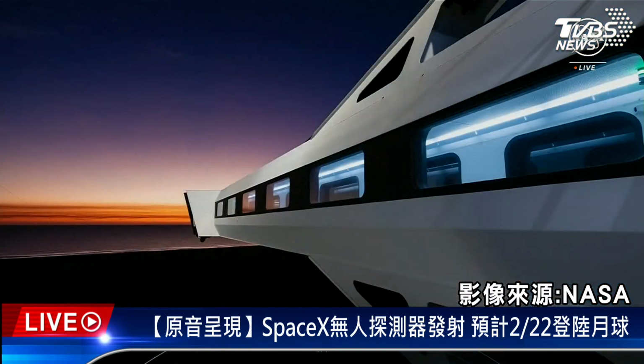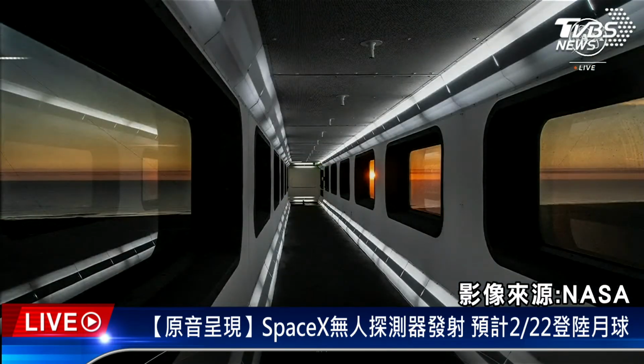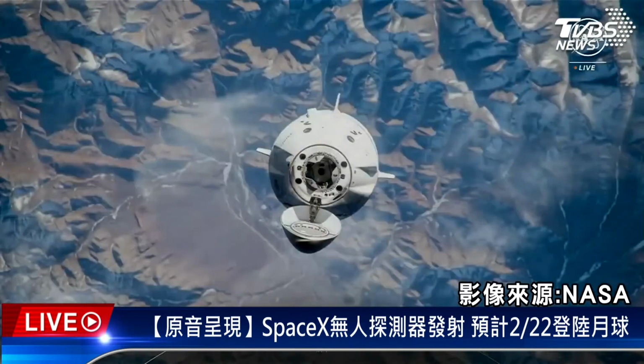To support our growing manifest, we've recently made some new upgrades to Space Launch Complex 40, which you can see there with a brand new crew arm. With these updates, we're on our way to having 2 launch pads capable of supporting human spaceflight missions. If you're interested in helping advance the future of human spaceflight, check out